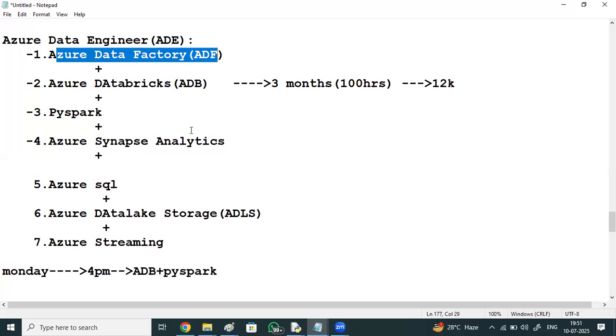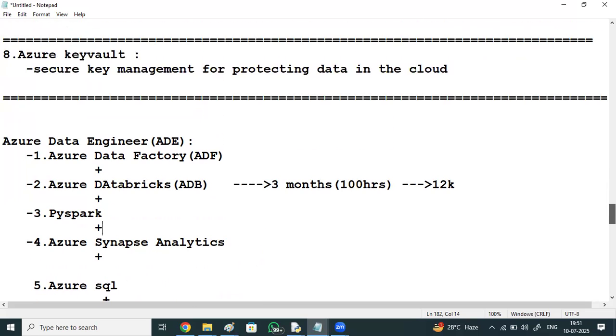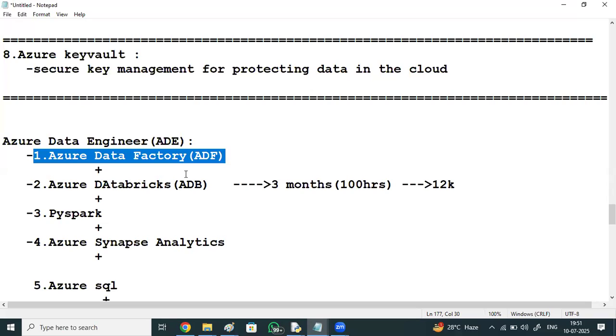So if I want to go with Azure Data Factory, I have to join at 6 p.m. Initially, for the first 1 week it will be at 7 p.m., later it will be at 6 p.m. My question is, I want to go one by one, not all together. If you want to go one after the other, you can just attend ADF first, and after completing, you can attend the ADB class. Okay, that sounds good.